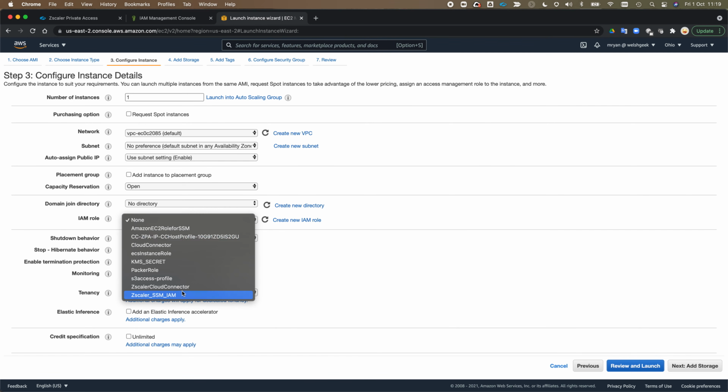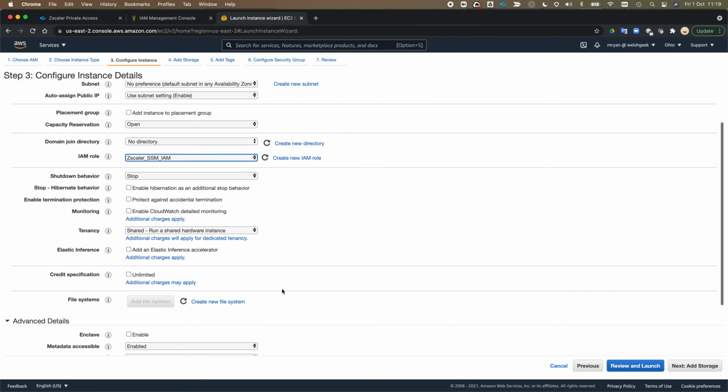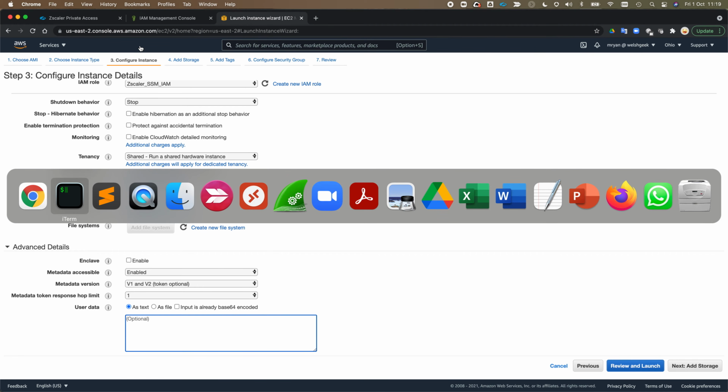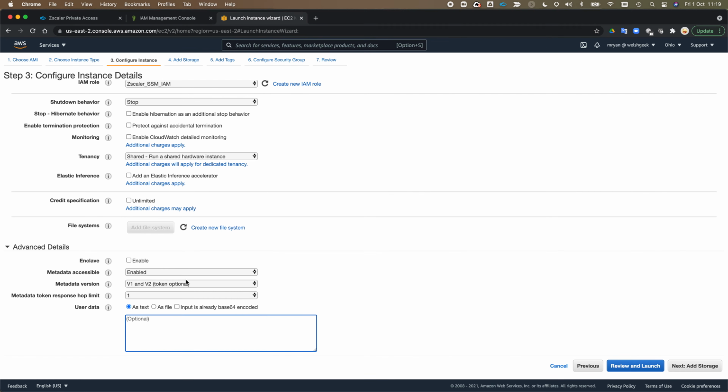So I select that IAM role, so that's going to give it the permissions to read all those parameters, KMS, read and write the tags. And I'm just going to pass it a bit of user data. So I'll come in here, it's very complex user data. User data basically says, when you start up, run the file /opt/zscaler/bin/provision.sh, which is a shell script. So we can now go to review and